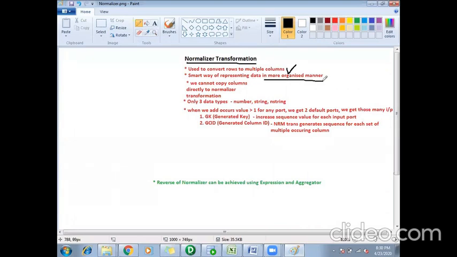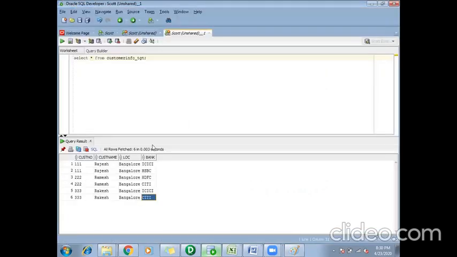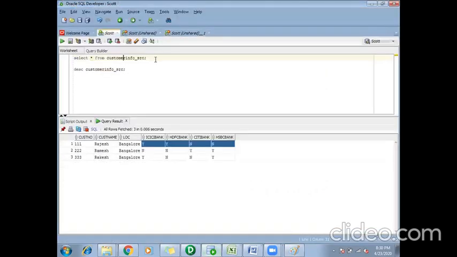So if you feel the data you are getting is not organized and you want to fix it through Informatica, I can use the normalizer transformation. Before we use this particular scenario, which is the real use case for normalization, I will take one simple example to make you understand how the normalizer transformation works. Then we'll come back to this scenario.